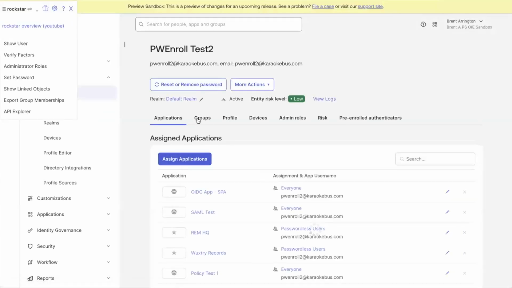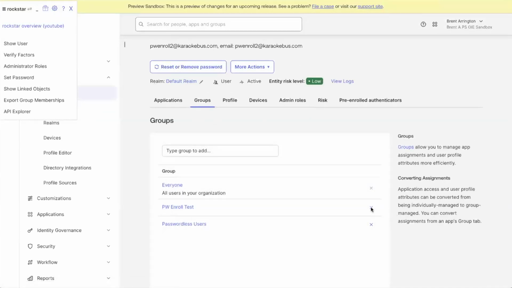Here's my user. I'm going to remove them from this group. So that will remove that kind of problematic policy that I have applied to this user. Now, if I go back and go to Safari and go to my end user screen,